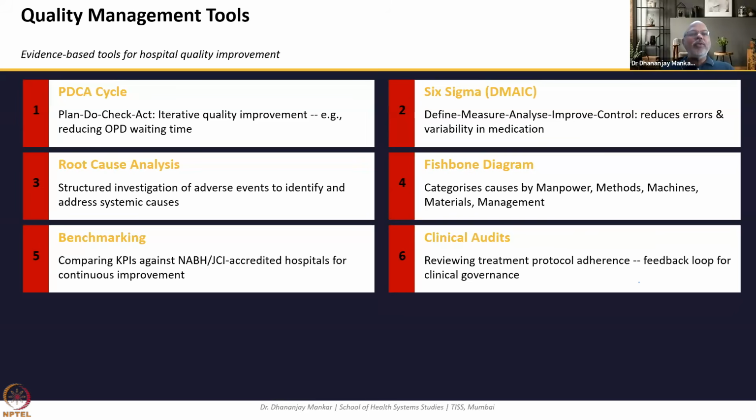Clinical governance, no doubt, is not only the responsibility of the HODs or the specialist or super specialist, but also of the RMOs, the nurses, registered nurses, the team actually, who are involved in improving the clinical outcomes of a patient, and not only the physician who takes the major roles.